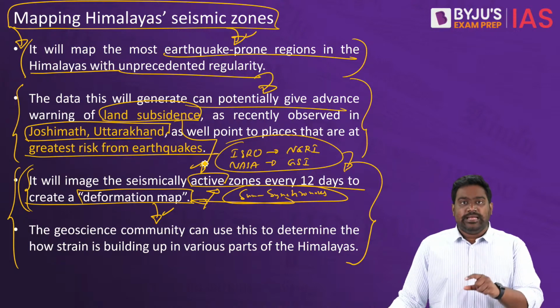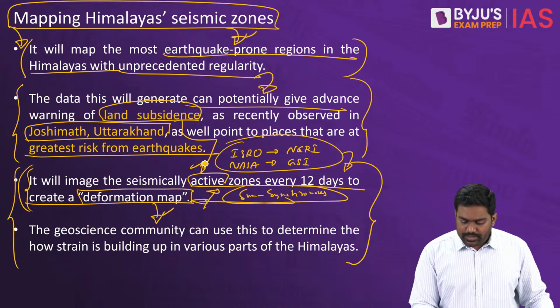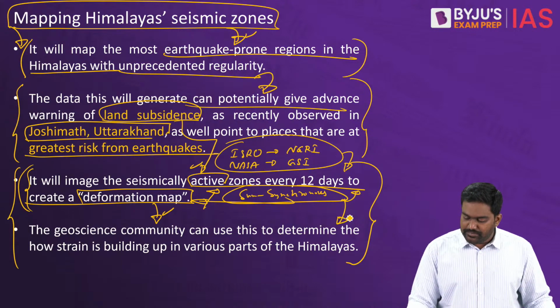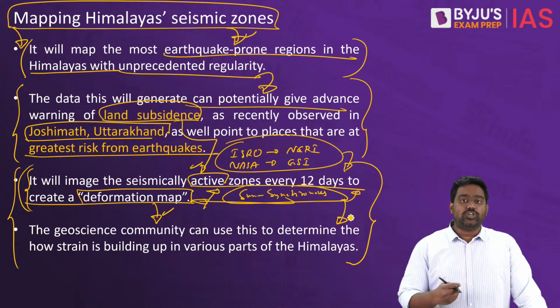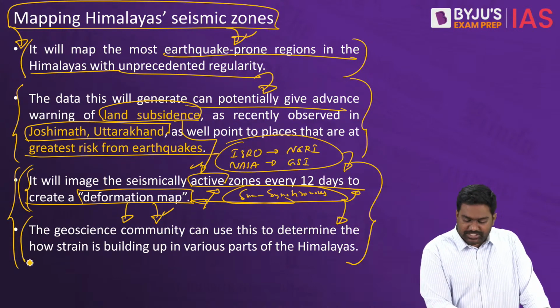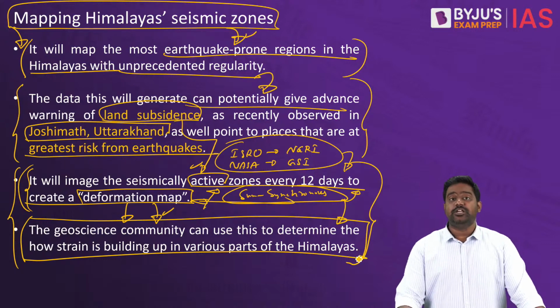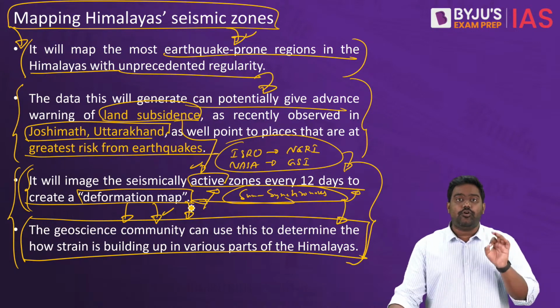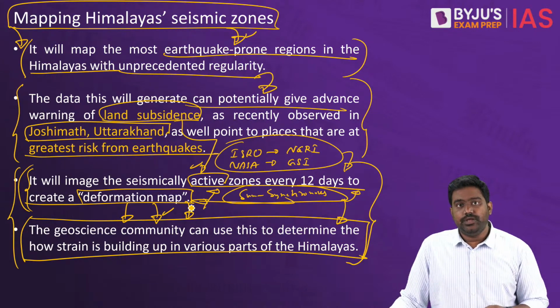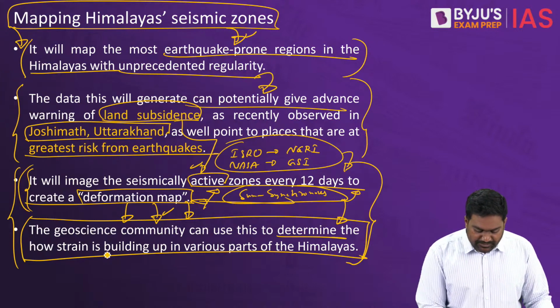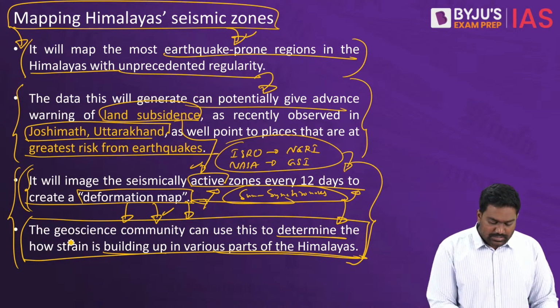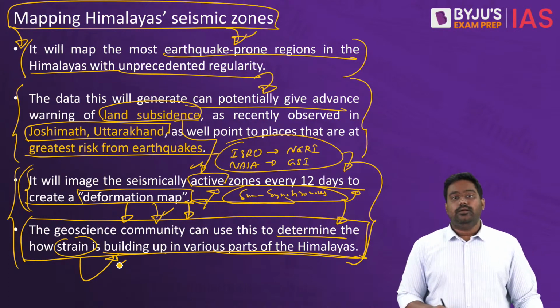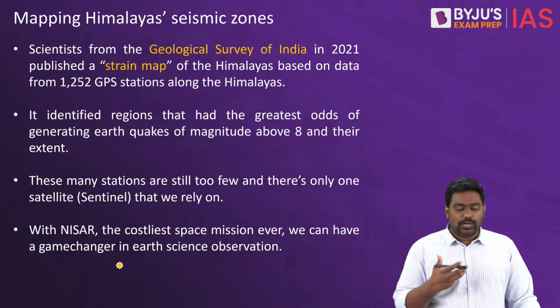So every 12 days, the satellite will pass over the Himalayan belt in a sun-synchronous orbit, capturing high-resolution pictures which will help geoscientists to develop a detailed deformation map of the Himalayan region. This will further help in identifying the seismic zones and the strain, thus pointing out the most vulnerable locations